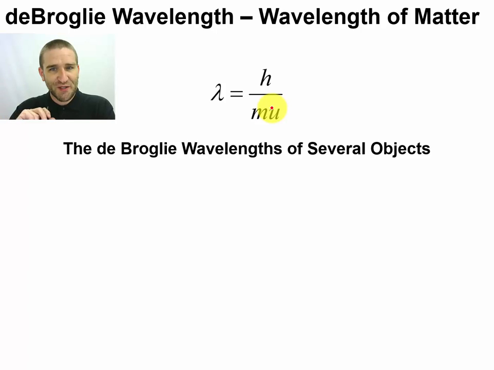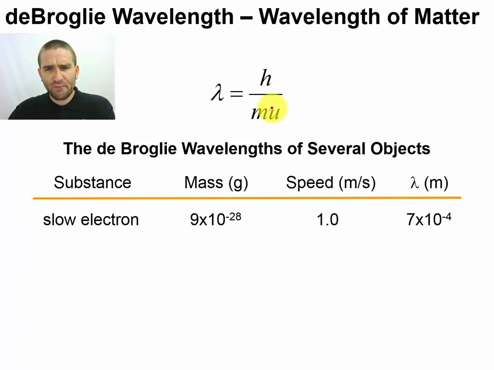Now here's where things get pretty interesting with it. Let's take a look at a couple of different objects and see what sort of a wavelength they should have. Well, let's start out with a slow electron. So you see here the mass of the electron. Well, mass is small. If we were to somehow slow an electron all the way down to 1 meter per second, small velocity, small mass, I expect there to be a really big wavelength. And this number may not seem giant to you, but let me point out, this is meters. If we go down 3 orders of magnitude, we'd be in millimeters. So at that point, what we'd have is